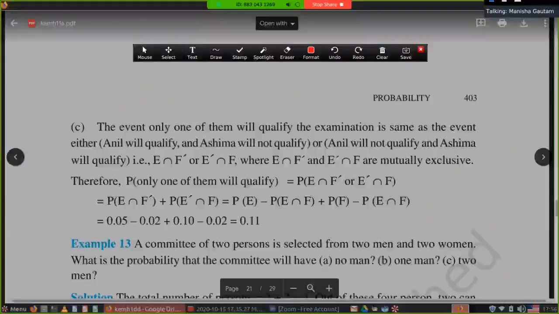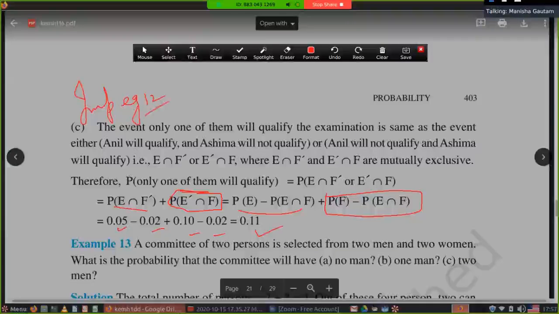So you will discuss the A but not B case here. A but not B means like this. This can be done as, this is the formula of this one, and this one can be done like this. Now put the values which are all known to you and you will get the answer 0.11. Simplified. This is the case, and this is a very important example, example number 12. This is a very good example.